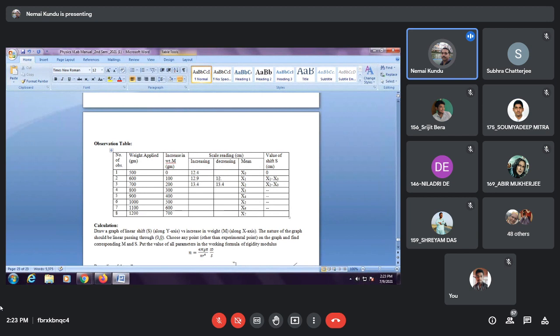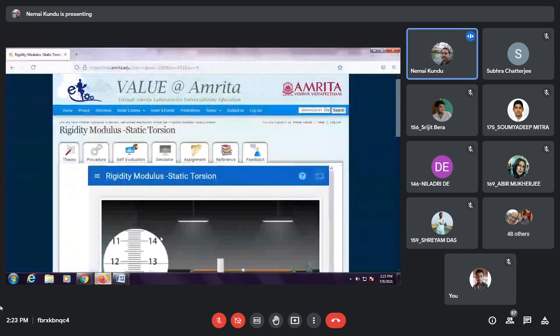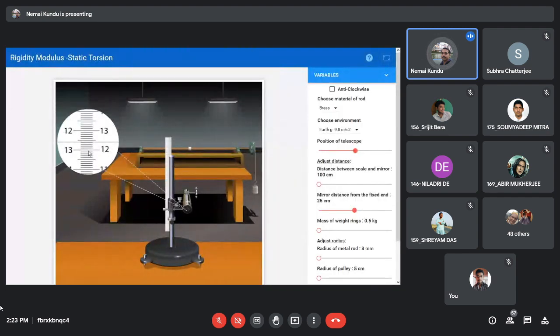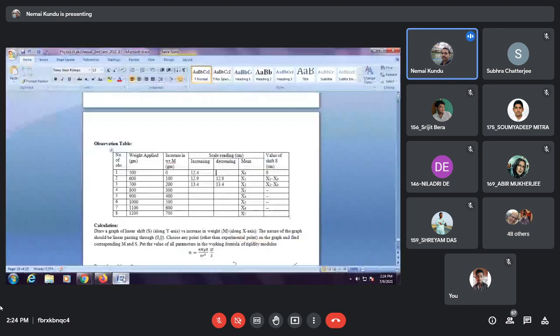The reading may be the same or may be different for the two modes, increasing and decreasing. Whatever reading you get, whether it is the same or different, you write it here. Similarly, when the load is released and set at 0.5 kg, the reading is right now 12.4. So you write again in the table 12.4. That is the method for taking the reading; according to your observation, you write the reading for increasing and decreasing.